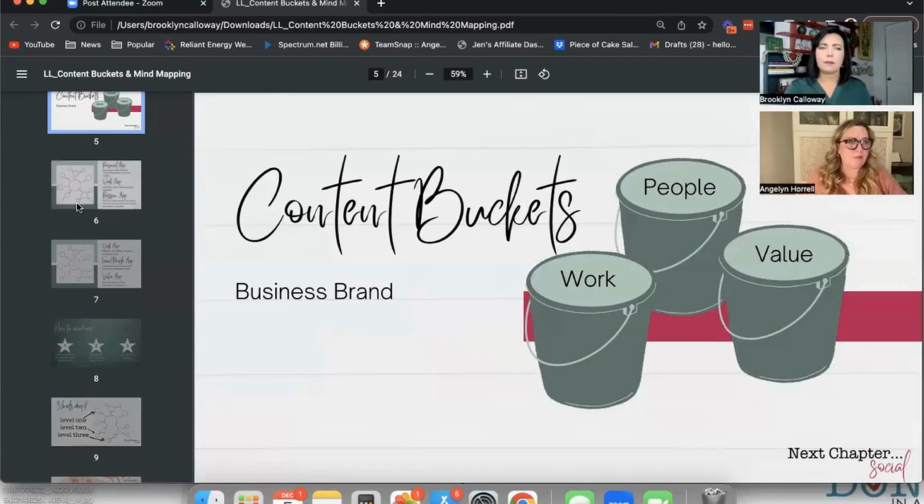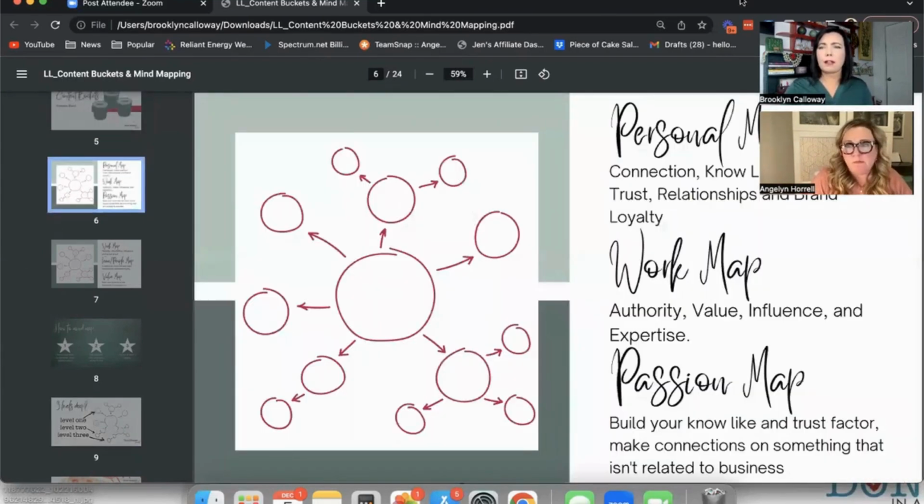Right. Okay. All right. So going back to a personal brand and linking your bucket with your mind map. When you fill those buckets, this is what I do. I draw 3 columns and I go personal, work, and passion. What am I passionate about? Obviously, being a picker and a vintage collector.